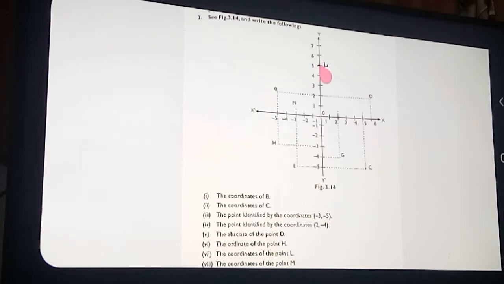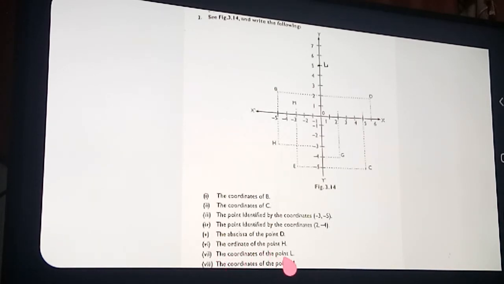Clear? Suppose, for example, here I have marked a point at 3. This point corresponds to which number? 3. How do we write this point as an ordered pair? First think about which axis it lies on. It lies on the y-axis. Therefore, the ordered pair is 0, 3. Now this point, which axis does it lie on? The y-axis. So how do we write the point? Ordered pair 0, -5. Clear? Did you get it now? Okay, now we can go to your answer.